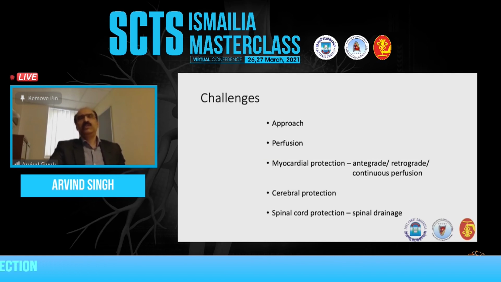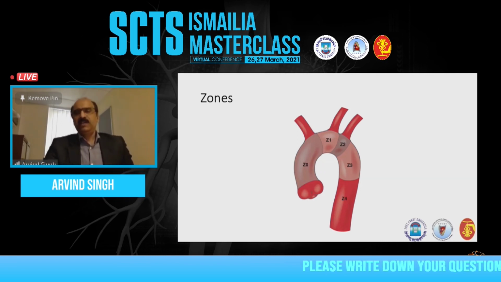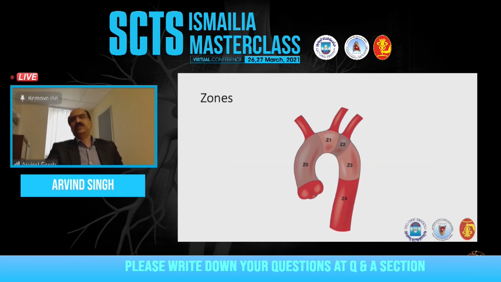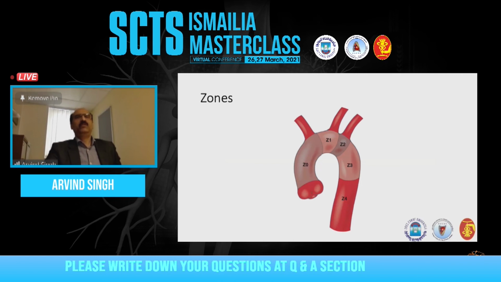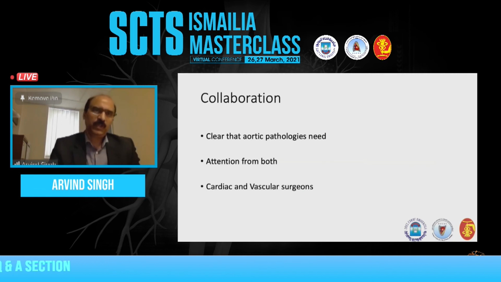Unless we look at all these factors, we'll not be able to plan an aortic operation properly. This is just another way of looking at how you're going to operate, and these are the way we have defined the zones, so that when you're planning an operation, we all speak the same language, and we know exactly at what location we're going to do the stitching and the